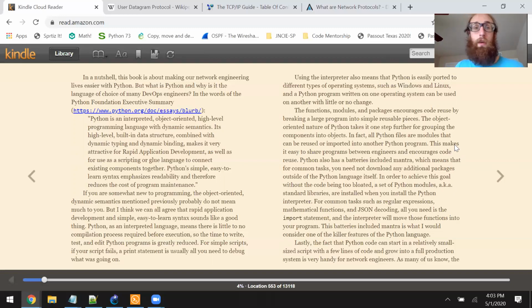If somebody has already done really difficult, brilliant work, I would rather just respect the work they did and gratefully use it than try to redo something that somebody way smarter than me has already done. Lastly, the fact that Python code can start in a relatively small-sized script with a few lines of code and grow into a full production system is very handy for network engineers. As many of us know,